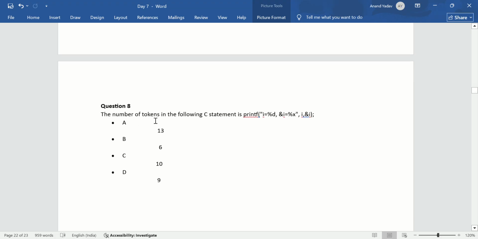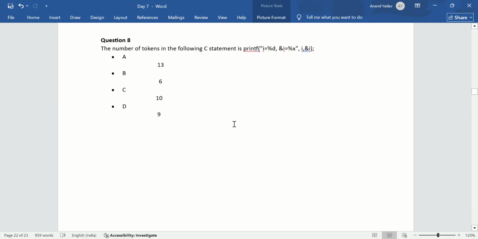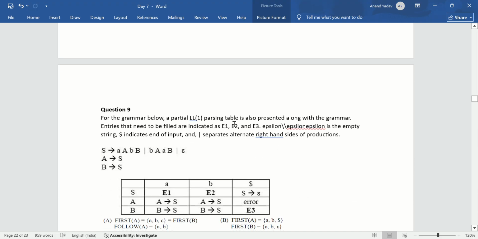Now next one is, the number of tokens in the following C statement. So for the number of tokens we can calculate: first printf is 1, this small bracket 2, and this inverted comma counts 3, and 4 and 5 and 6 and 7 and 8, 9, 10. There are a total of 10 tokens for this question. Now next one is